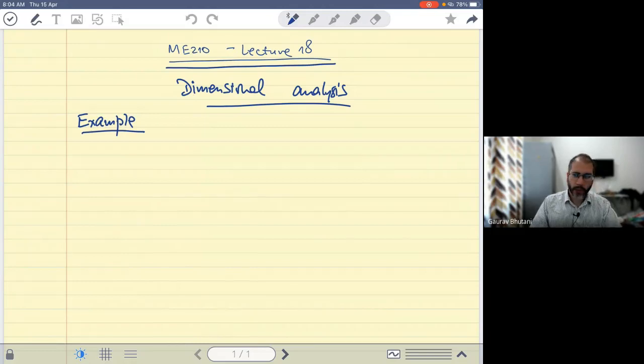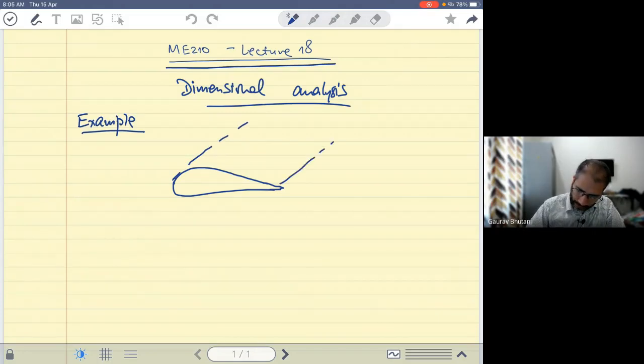So let's say that we are design engineers. We have to design the shape of an aeroplane wing. So let me draw that wing. So we have a wing like this for an aeroplane. Right. So we want to design the shape and size and so on for the wing. And ultimately the wing is going to help provide some sort of a lift to the aeroplane. So our job is to design